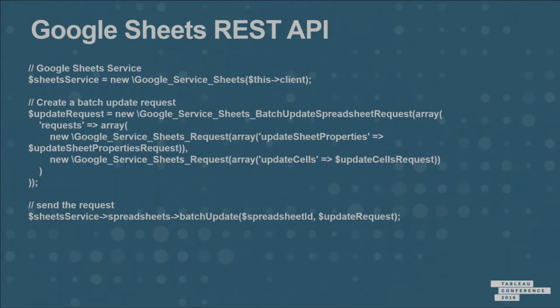And finally, we're going to make the request. So you'll see I'm creating a batch update sheet request there. One is to update the sheet properties. We're telling the Google REST API how many rows the sheet is going to be. Because if you don't, the REST API actually throws an error. It won't let you update it past the specified number of rows that you've asked it to allocate. And then, of course, the second request to actually update the cells with the data.